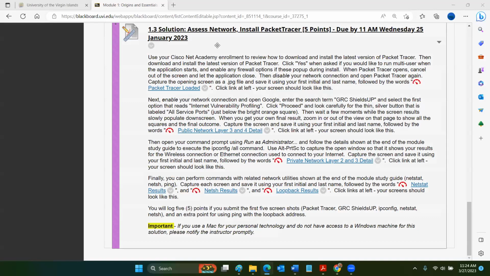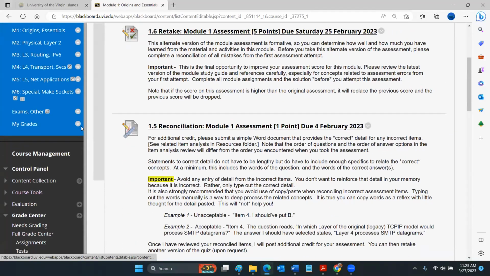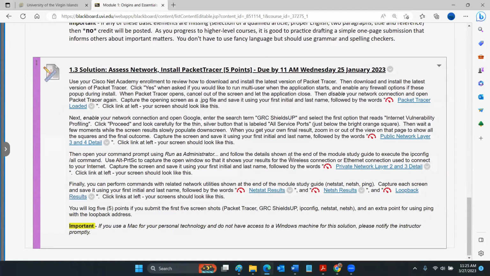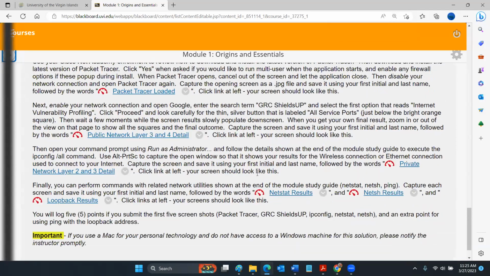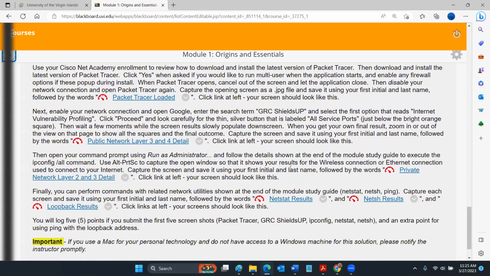So there are some opportunities. Let me see if I can collapse this and expand the view. So this is the first solution. And what we're finding is that in some of the solution submissions, there's a disconnect with one concept or another. In the case of the module 1 solution,